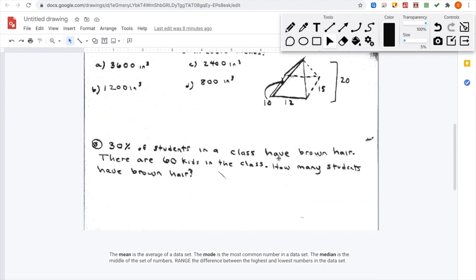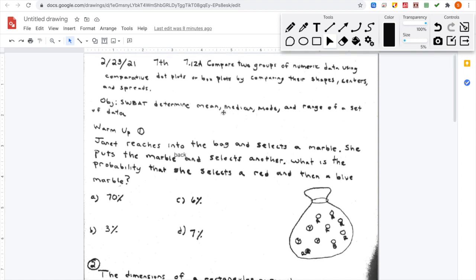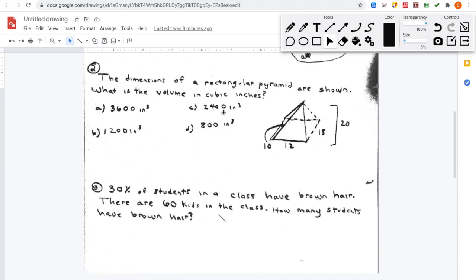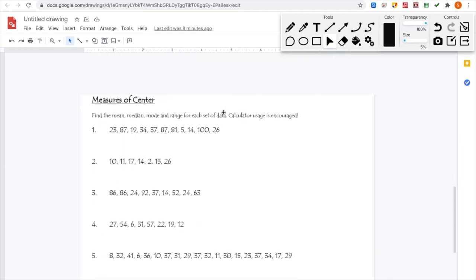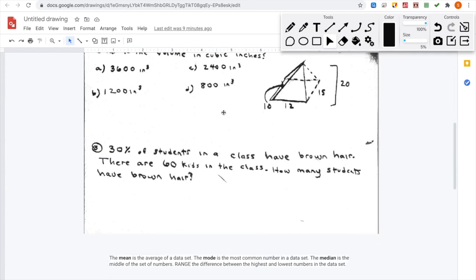Alright, so now we're going to go into today's lesson, and what we're going to be talking about is 7.12a, and we're comparing two groups of numeric data using dot plots, box plots, and we're comparing their shapes, centers, and spreads. Now, we did this last year, but it was kind of right before we left for the break. So before we can talk about creating the box plots, we need to know some basic